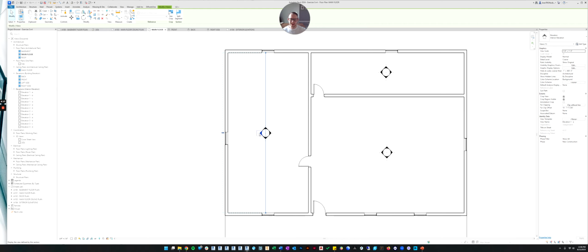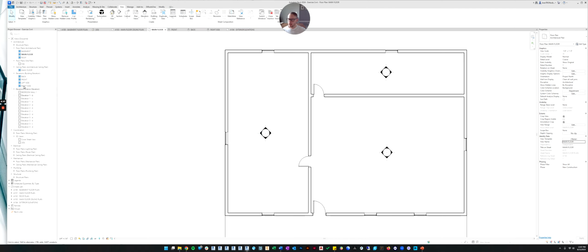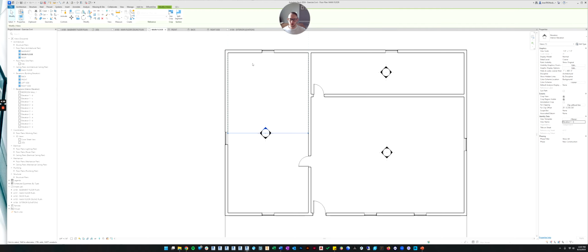The other thing we might do is name it. So as far as naming goes, you'll come over here like we did in the elevation, and we'll name it whatever the room is. So let's just pretend this is a bedroom. So we'll name this bedroom. Typically you will call it north wall, south wall, east wall, west wall. For this, we'll just call it bedroom wall 1. And now it's renamed over here, and now you can tell which elevation is which, rather than have these generic names. So let's get quicker at this.